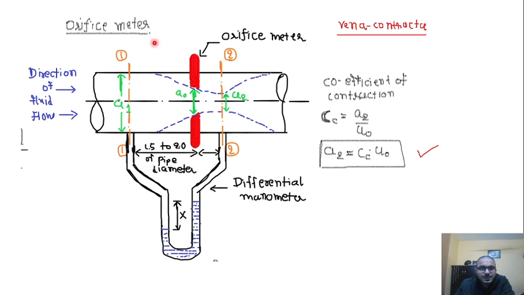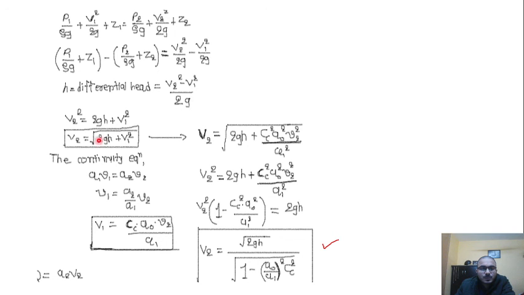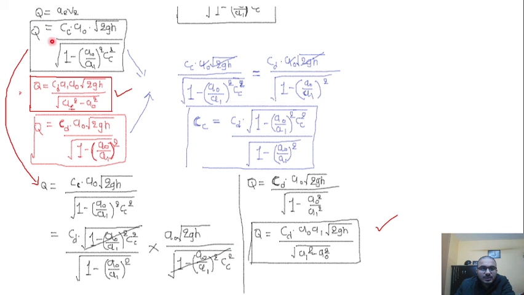The next is the orifice meter, which is also used for measurement of fluid flow. Here we have a circular pipe concentric to our main pipe having sharp edges. So here we have a vena contracta and two sections are taken connected with a differential manometer, and then we obtained the value of V2 in this way, and then we obtained the value of Q. We utilized the equation from the Venturi meter to obtain this coefficient of contraction, and further substitution of this gives us the final value of Q.